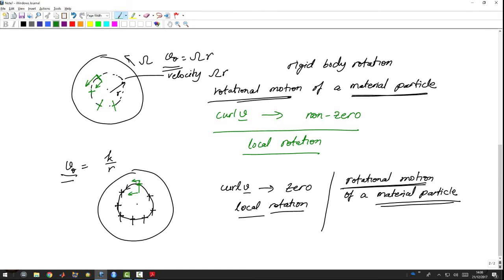So what we have seen is there is a difference between the overall motion being rotational and there being local rotation. And clearly when we have a disk which is rotating, such as what we talked about earlier, in this case there are no stresses being generated in the disk, because it's a rigid body rotation and there is no deformation involved. But in general in the course on rheology we will be interested in flows where there is deformation, and so